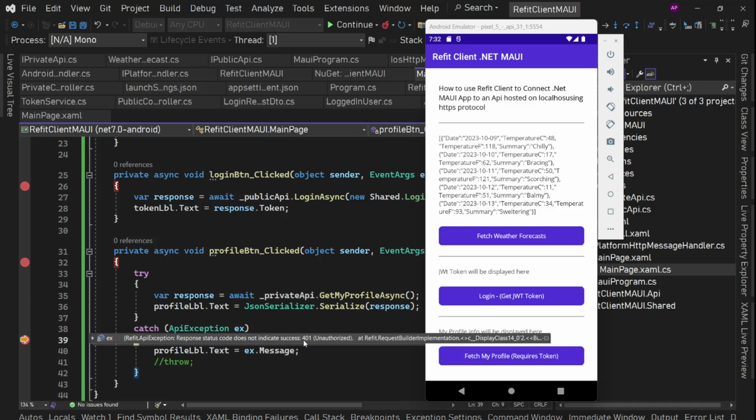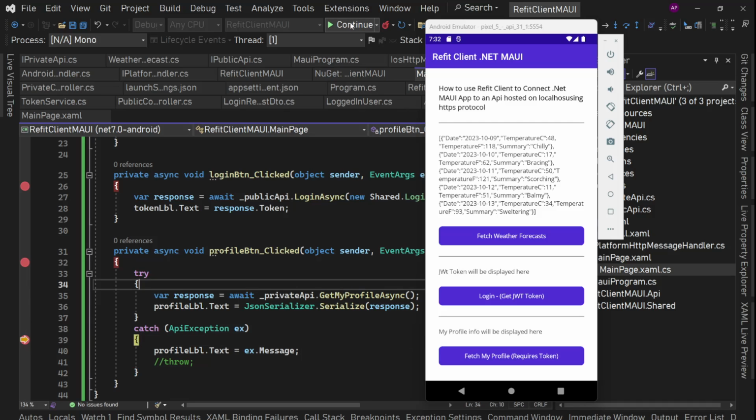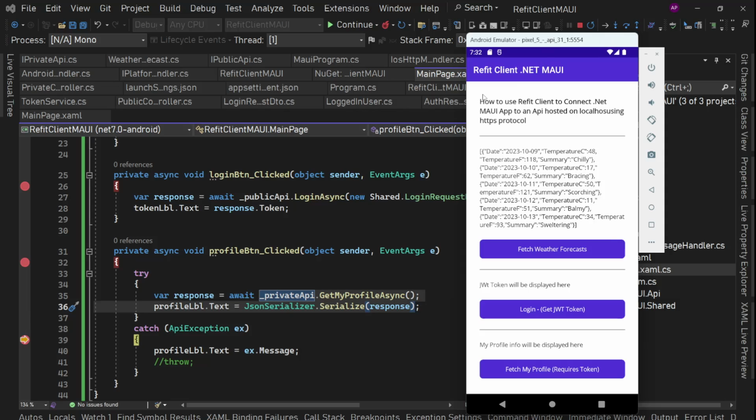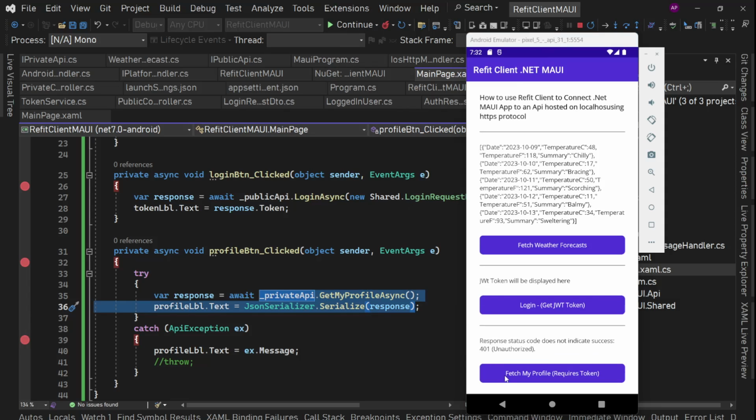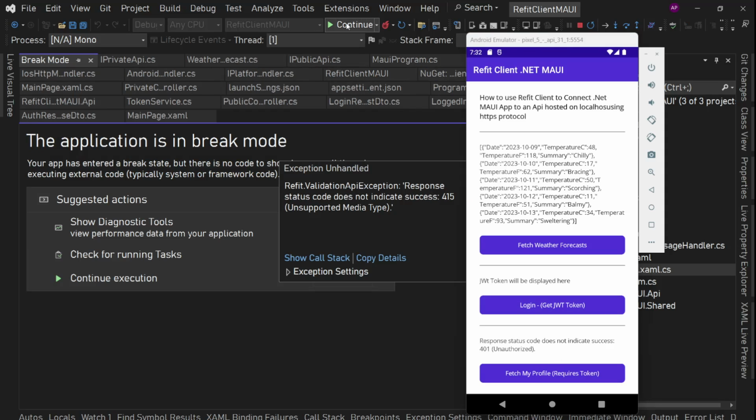This is 401 because this call is protected, authorized. So we need to add a token to this request. So the whole point of adding this was to show how can we add an HTTP token, a JWT token, to our HTTP calls using the Refit client. So that's what I'm going to show you right now. We can see this error. And for this login one, if we tap this, if we continue,